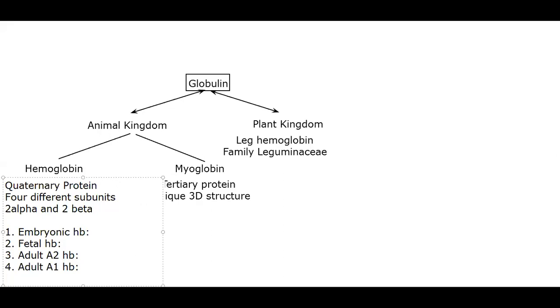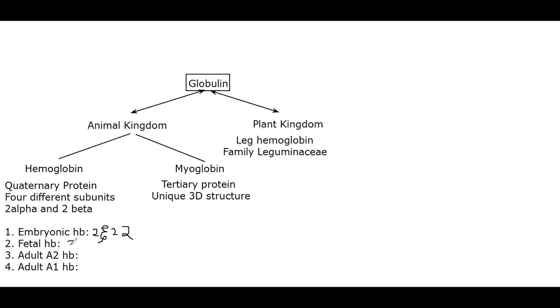So what we get here is that in the case of embryonic hemoglobin, there are 2 zeta and 2 epsilon naught. I would like to draw them, though this is really hard to draw. So there are 2 epsilon naught and 2 zeta making the embryonic hemoglobin.